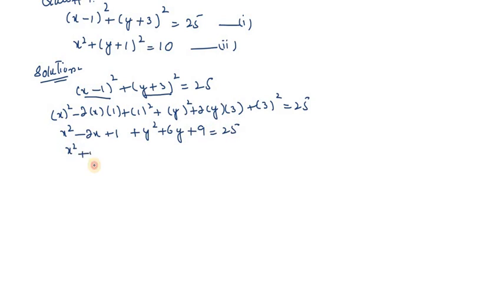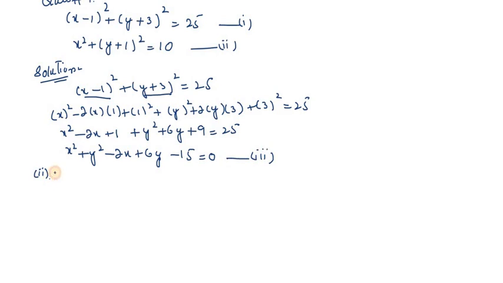So simply x square plus y square minus 2x plus 6y plus 1 plus 9 is 10, and minus 25 plus 10, that is minus 15, is equal to 0. This we call equation number 3,